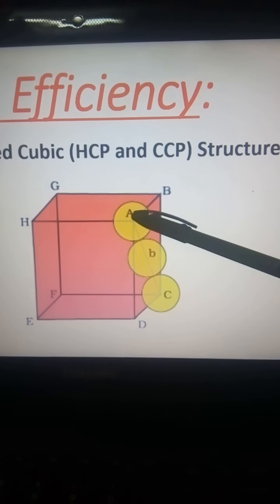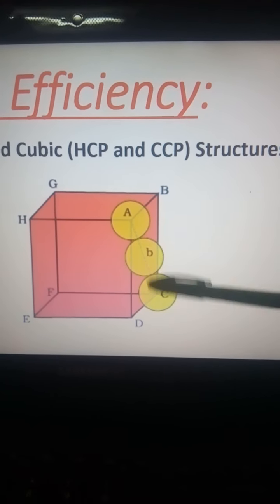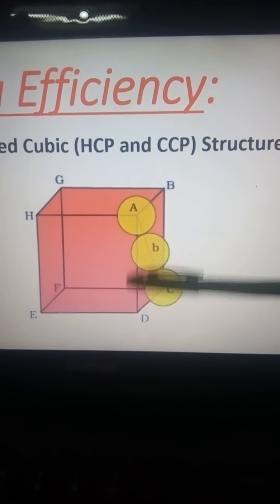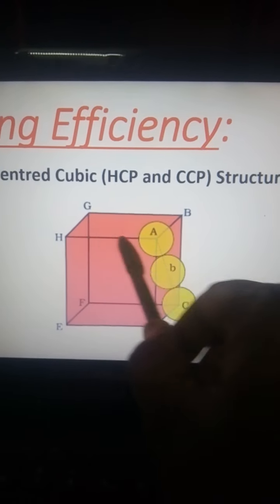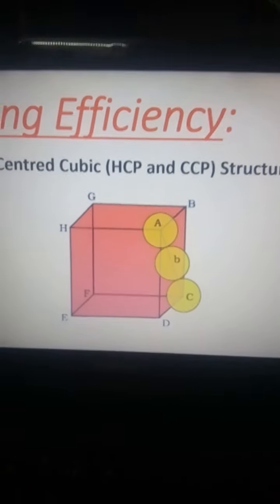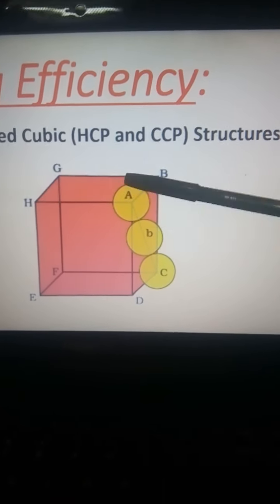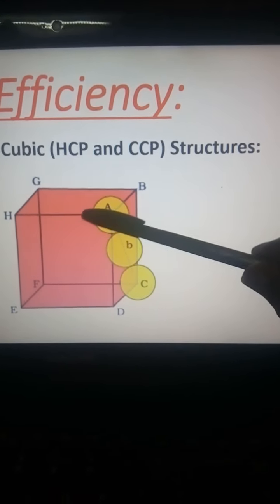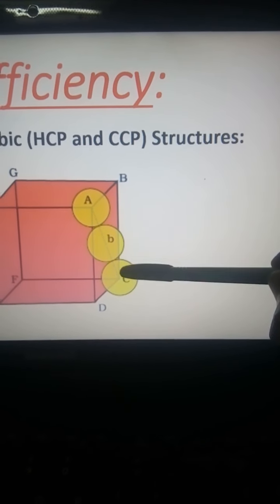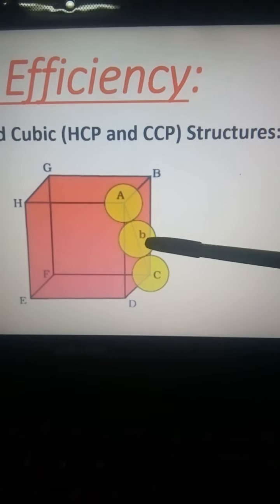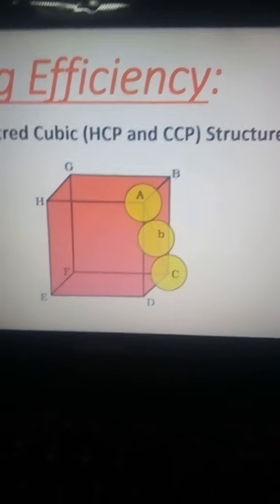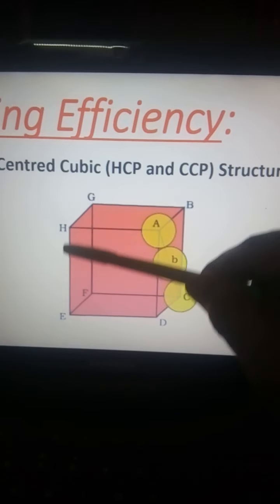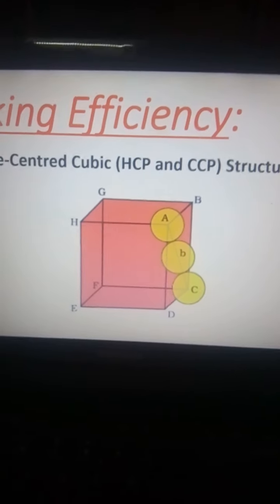So now here we will draw one face diagonal. This AC is a face diagonal which is equal to b, and here we will consider the edge length, the length of the side, that is equal to a. Each side is equal, you know, in case of the cubic unit cell. So the side length is equal to a, and the face diagonal AC is equal to b, and the radius of each particle is r. So this is the face centered cubic unit cell. Now we will see the calculation.